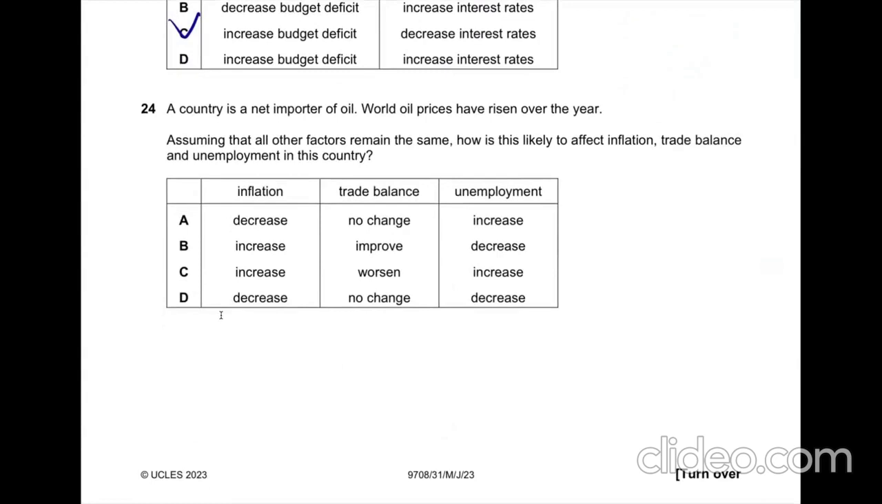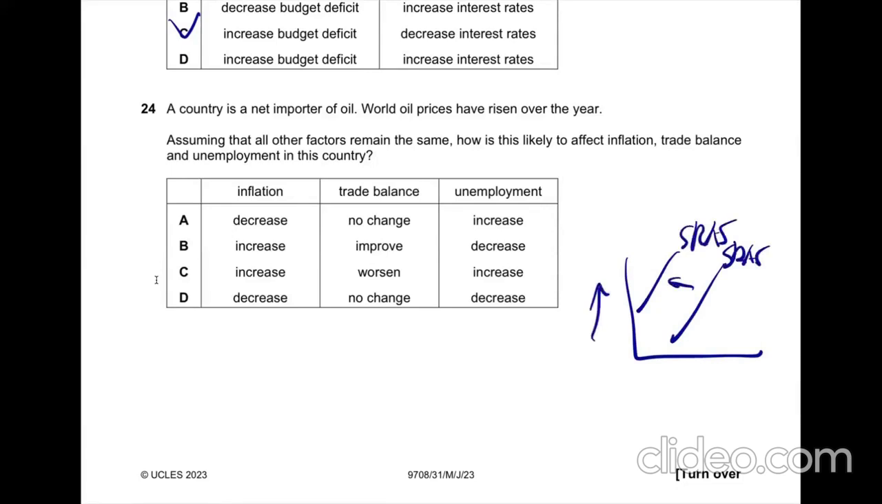Question 24. A country is a net importer of oil. World oil prices have risen over the year. Assuming that all other factors remain the same, how is this likely to affect inflation, trade balance, and unemployment in this country? This is definitely not good news for this country. Let me first reflect the fact that oil is normally regarded as an input item. So when the input costs are increasing, it's just going to make your country's SRAS shift to the left,